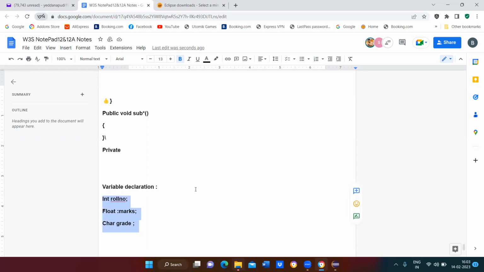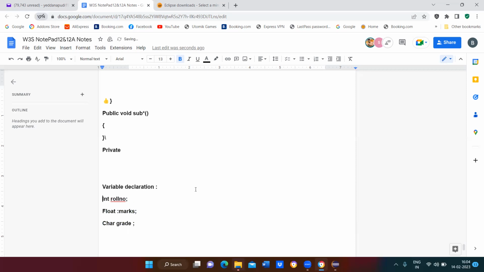Here, roll number is a variable which is assigned the data type integer. Marks is where we are going to assign the marks to the variable, data type float. Grade is a variable of type character. Character grade equal to A. If I mention A, that will be considered as a character.